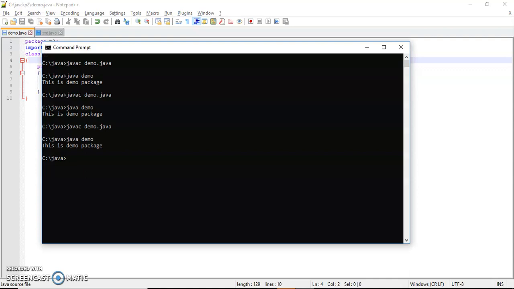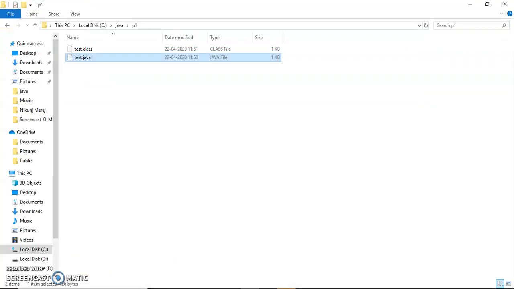Now the demo program is located in p2, so I have to give the path p2/demo.java. Compiling and running this program is slightly different: javac p2/demo.java and java p2.demo. It is working properly. You can see the class files are generated in both the p1 and p2 packages.